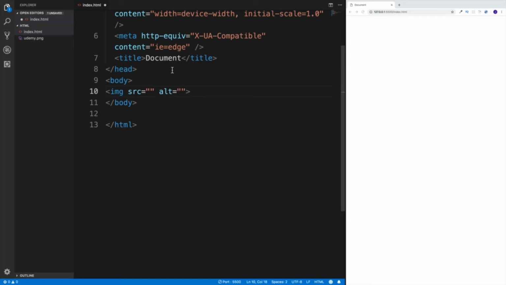Now, alt is going to be used if we cannot render the image for some reason. So let's say the path is wrong or something is not working correctly, then this text is going to be displayed. As always, I think it's going to be easier for me to show you how this would work. So if we know that we have this udemy.png, now in the source, we would need to specifically say the path. Now, the path is where this image is located. And if the image is located in the same folder, we just need to have / and